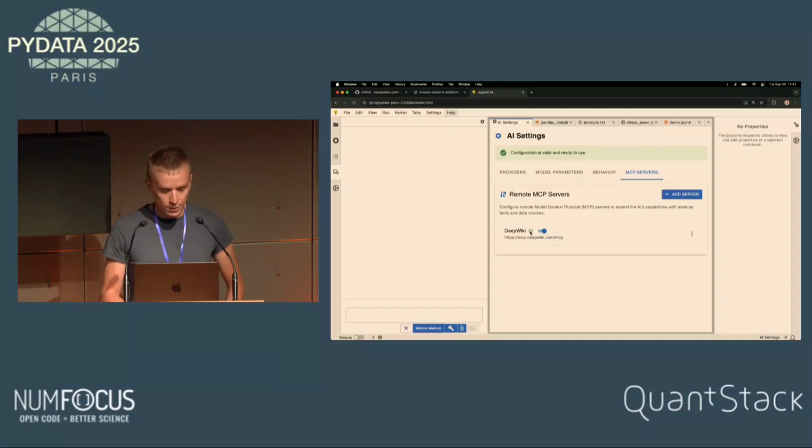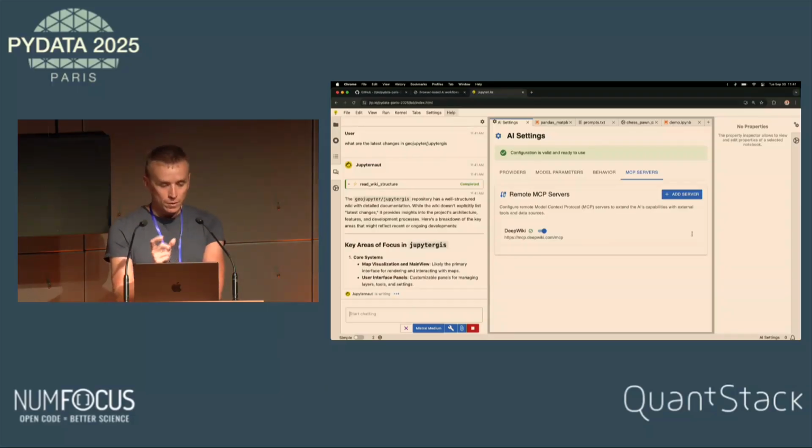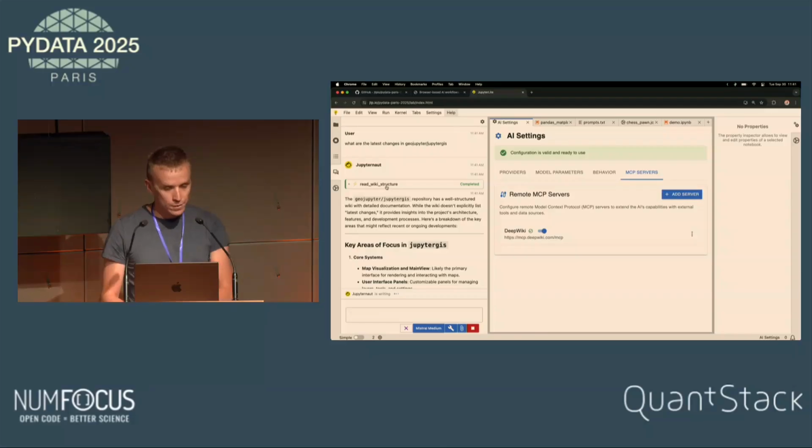So if we enable it here, we can ask what are the latest changes in GeoJupyter JS. And the fact that we give it GeoJupyter JS triggers this tool call here, which is not implemented in the browser. It's something that lives outside.